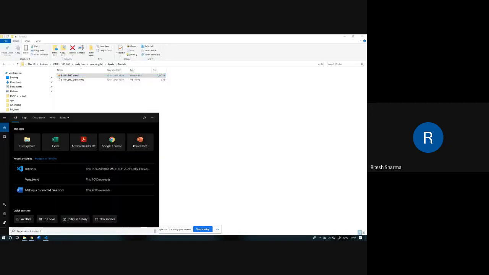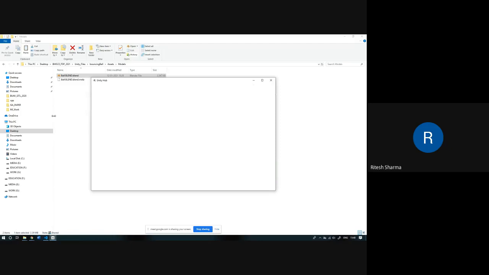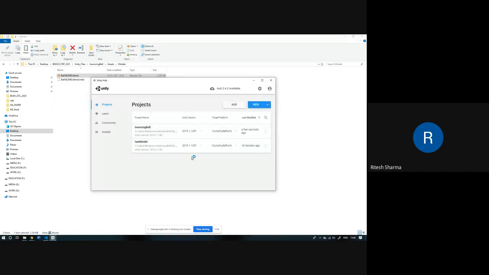So all of you have installed Unity, so you all already know how to start it as well. When you type Unity in your start menu on your Windows system, you get this Unity app option here. You just click on that Unity app option, which opens up all the models that are there currently on the system, right?